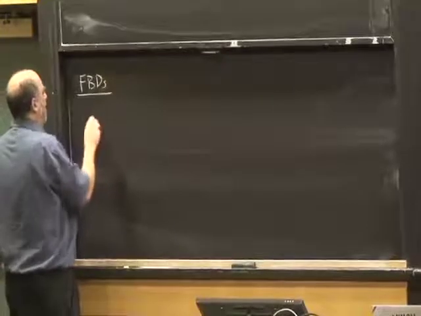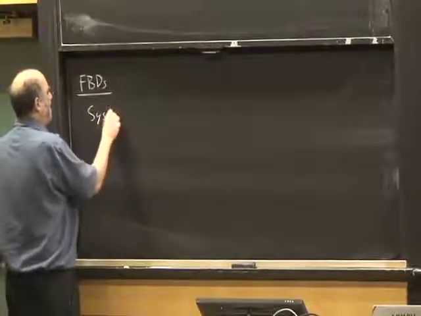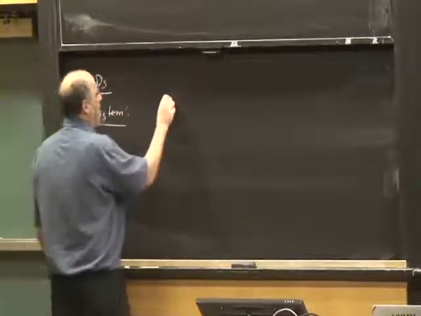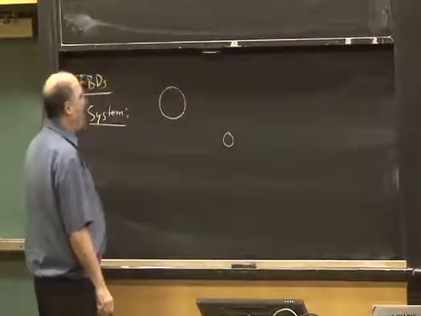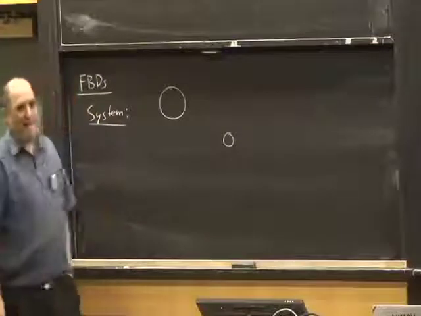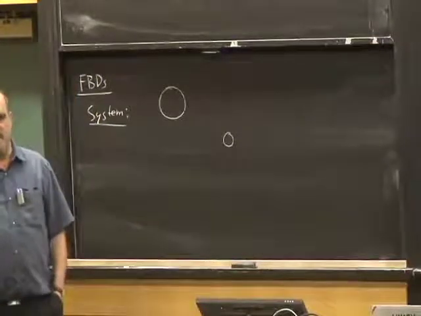So how are we going to deal with this thing? Well, we're going to draw free body diagrams. And one free body diagram we could draw is of the system as a whole. If we draw a free body diagram of the system as a whole, we have this mass 1 and we have this mass 2. And what do we see for the free body diagram? What more do I want to draw on this free body diagram?